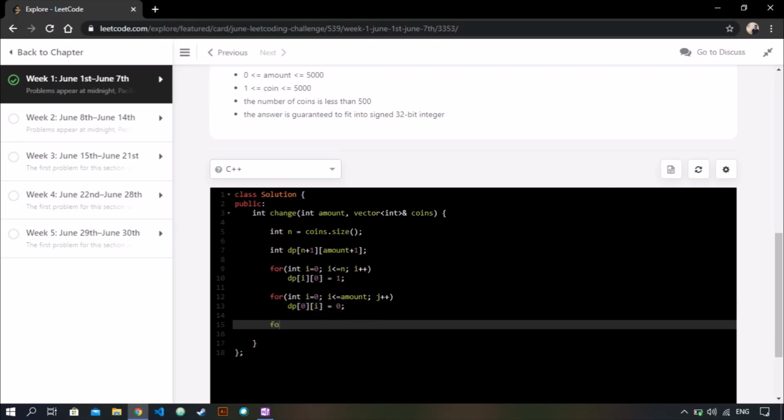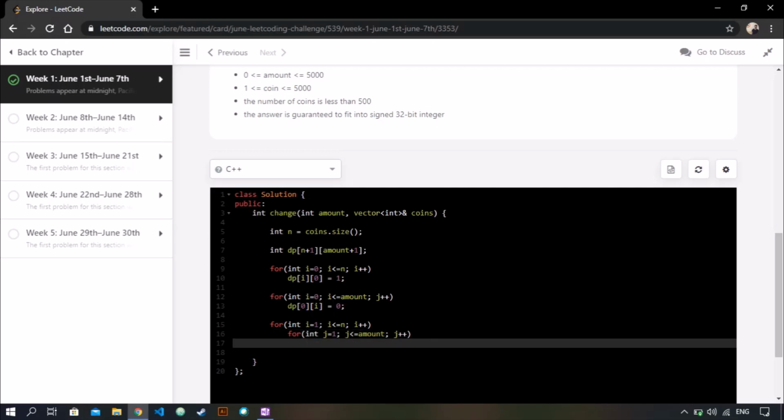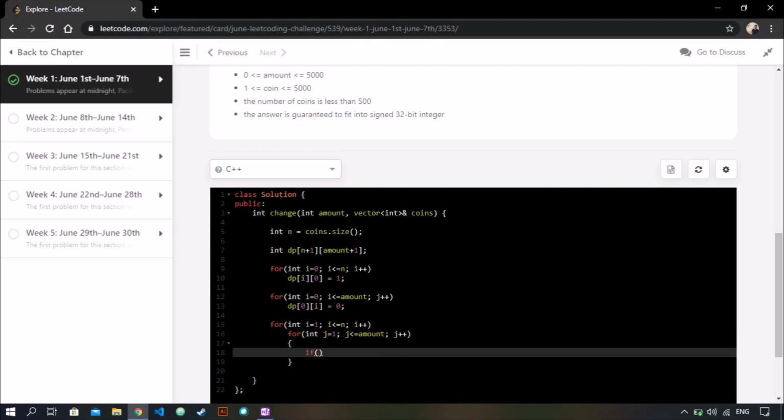Okay, now we start from the 1 cell, for int j equals 1, j less than or equal to amount, j plus plus. We check if j is greater than or equal to that coin's value.